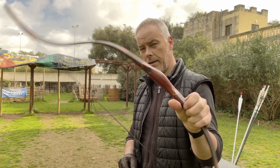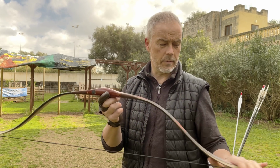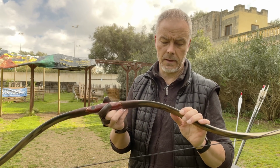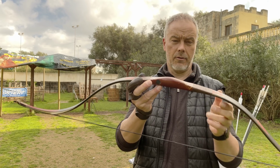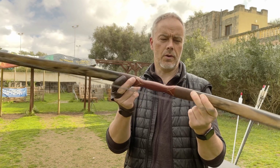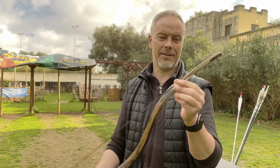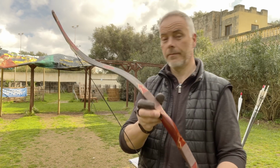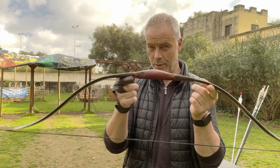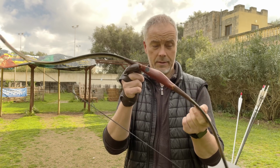I really need to think about whether I give this bow to my patrons. I asked Lukasz if he has a problem with it because it's a prototype, not the final version. He said, no, it's fine. That's so close to the final version. I guess there is not much more you could do with this bow. This bow is just awesome. So, Lukasz, thank you so much for this bow, really. I love my Korean bow, and you know that, but this one...